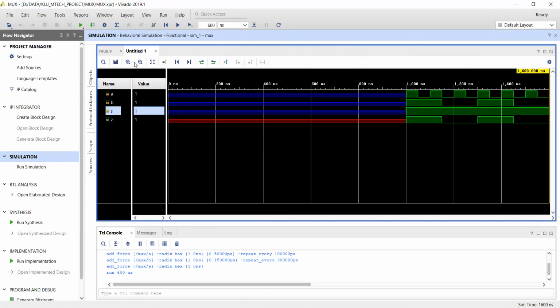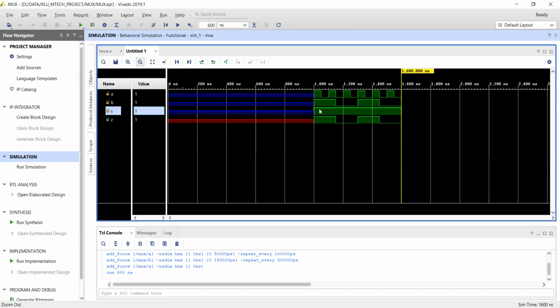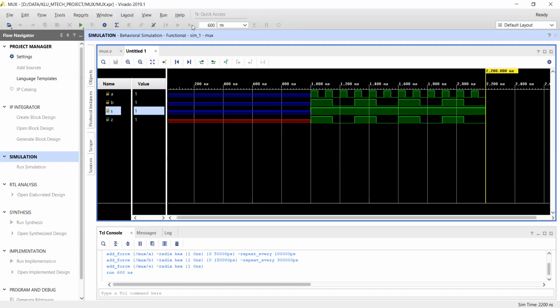So what are the values? You can understand here: the A value, the S value is 1. So the B value is representing the same entire value displayed on the output side. See, is the same thing displaying or not? If it is 1, 1. If it is 0, 0. If it is 1, 1. If it is 0, 0. So the same data entering into B is appearing on the output side because my selection line is 1.